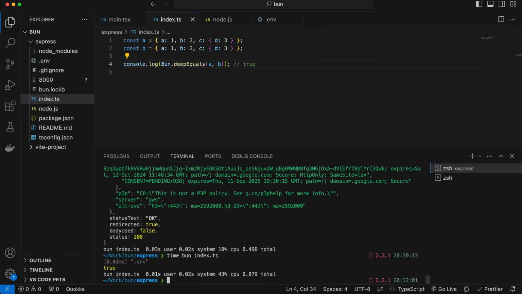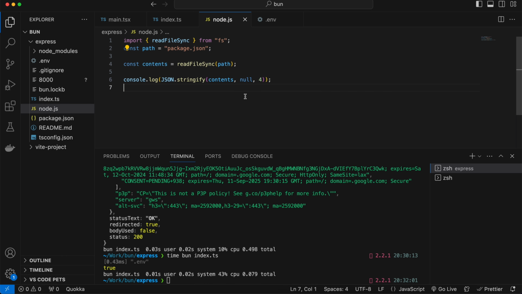And you see it compare these two arrays. They're relatively small and it took like 0.079. And again, if you go to our node and let's say we want to do deep equal, we can do it with JSON stringify or we can do it with Lodash. So if I want to do it with Lodash, let's say I run bun add Lodash